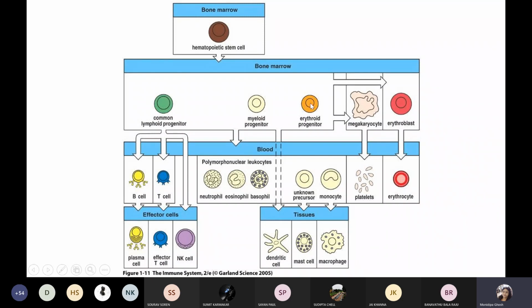The erythroid progenitor comes under the department of the RBC or red blood cells. So these cells, whichever we are discussing, are colorless as they don't possess heme, but these erythroid progenitors give rise to the heme containing